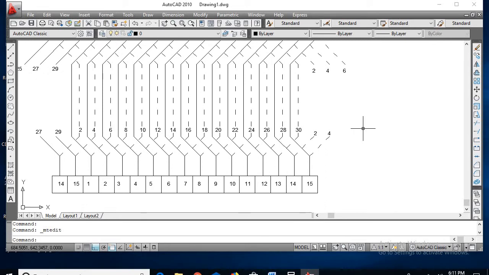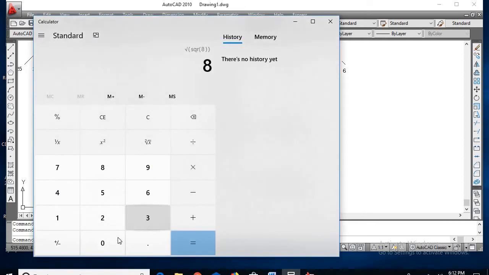So to fix the poles, we have to go for certain calculation. So when we go for the calculation, go for calculator. So as per the calculation, what is the tau? Tau is the pole pitch. So pole pitch will be equal to Z by P into distance between the two conductors. So what is Z? Z is 30 conductors, divided by the number of poles, 4 poles, equals 7.5 into